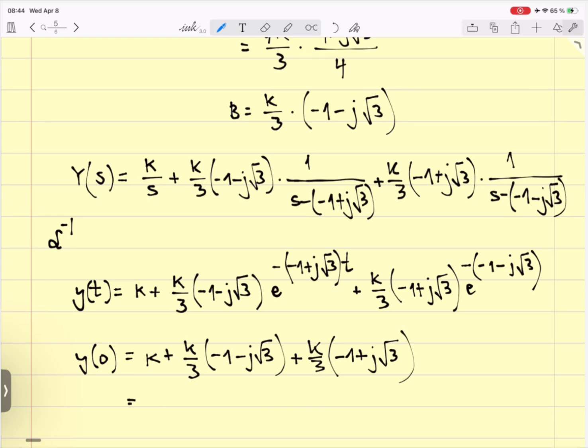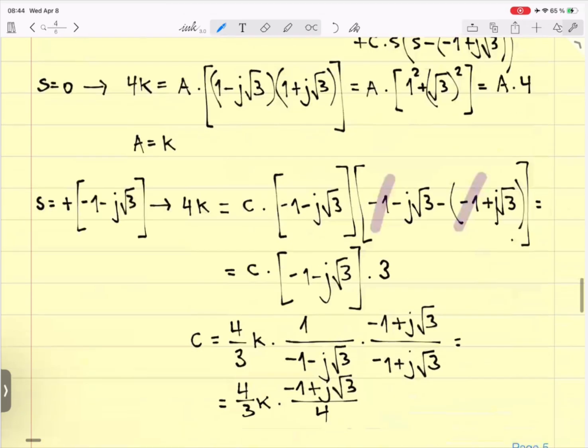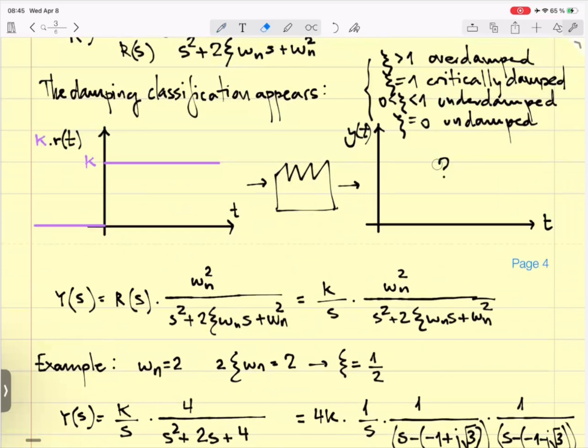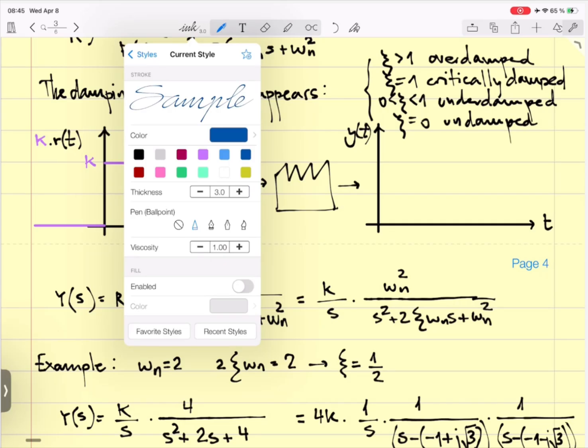Okay, so k plus minus k divided by 3 minus k divided by 3, so we get k divided by 3. So in I equals 0, the system is going to